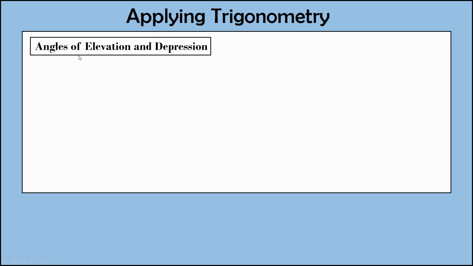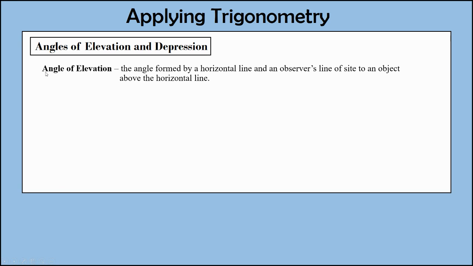So first of all, to talk a little bit about angles of elevation and depression. An angle of elevation is the angle formed by a horizontal line and the observer's line of sight to an object above that horizontal line. So if you're looking straight forward, that's the horizontal line of the observer. And then if you looked up, the angle created by the horizontal line and the angle you're looking up is